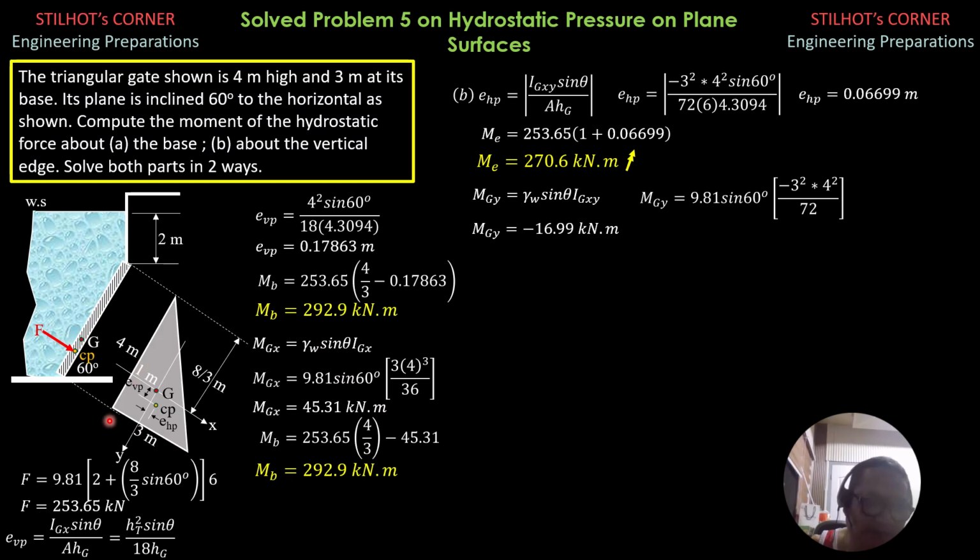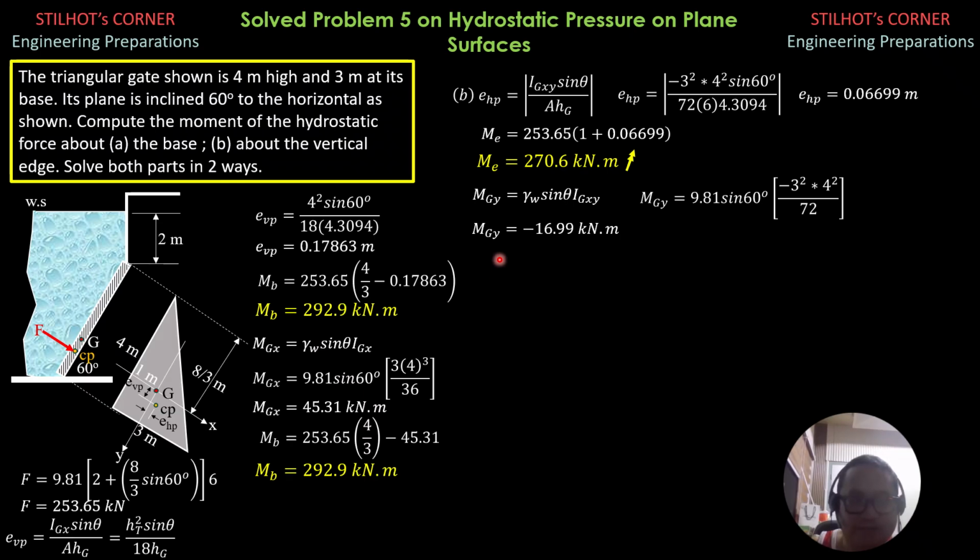So if this is the positive direction, and your right thumb is going in that direction, the curling of your four fingers, if F is acting here, would be pushing this backward. Meaning the moment of F about this vertical edge is negative because it is directed in that sense, but this is the positive direction. So both are negative. Let's just make it positive, but it's in that direction by applying the right thumb rule.